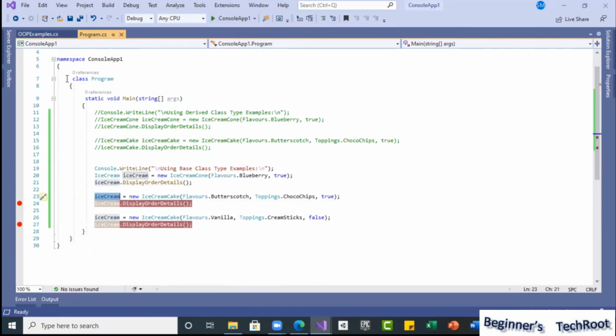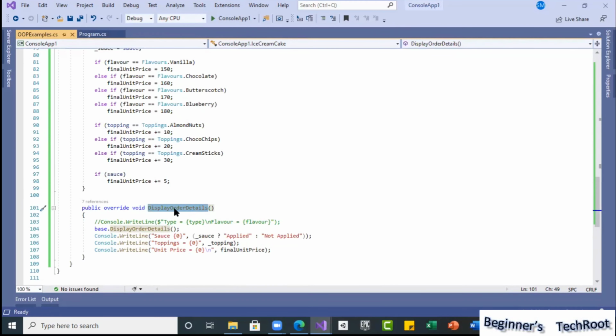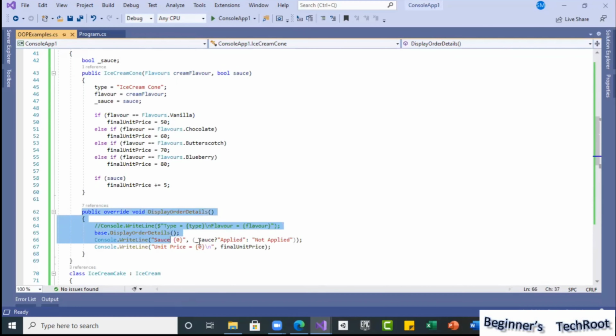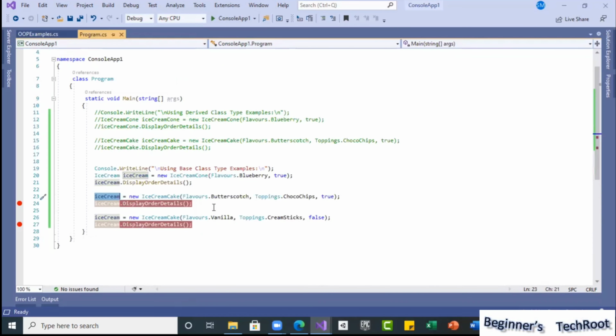So automatically it will go to the ice cream cake class, to whatever display order details method we have there, and that display will be executed and shown on the screen. Similarly, if it is a cone, it will come to that method call and that display will be shown. Deciding automatically which method to call is what polymorphism does, and it happens at runtime. It decides based on the type of object we assign to the ice cream type.